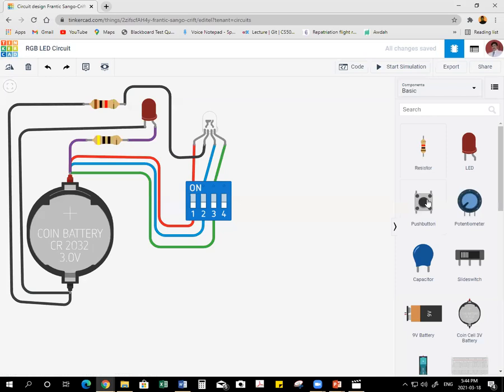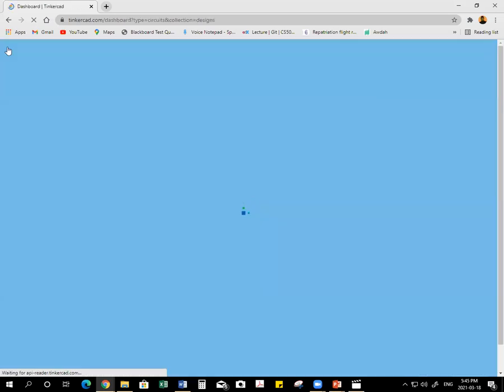Because if you draw another circuit by removing this, it is not saved. So if for future reference you want to save the circuit, you have to go back and build a new circuit. So go back from the top left corner, just click it,